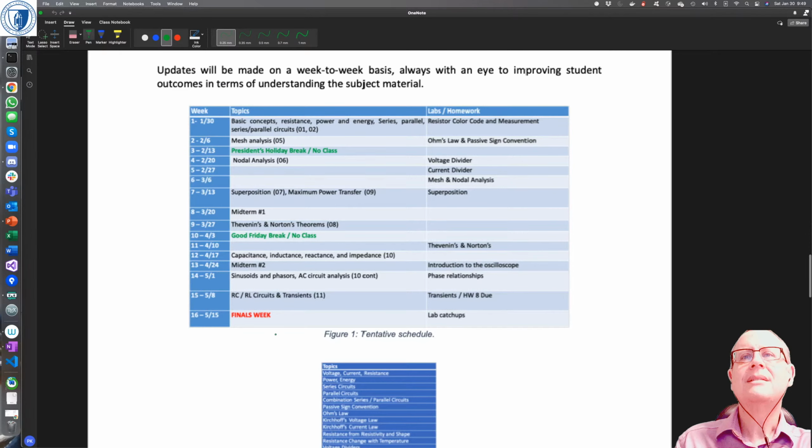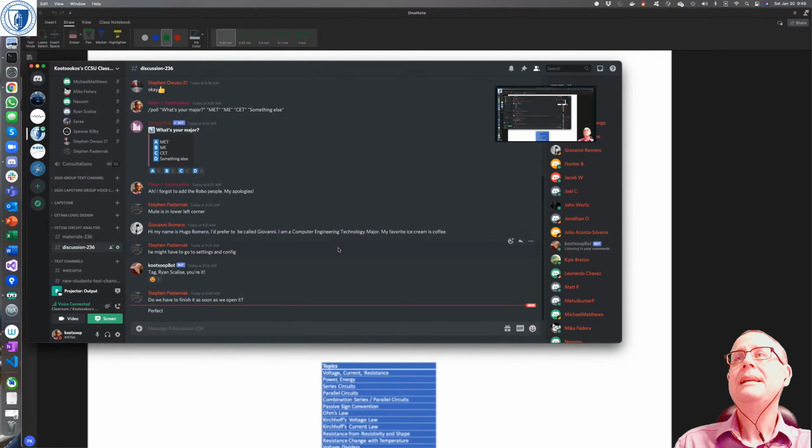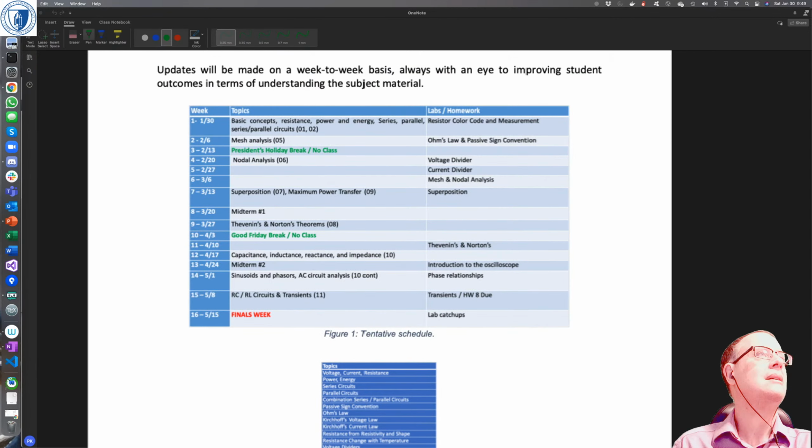That's the schedule. It tends to vary a little bit depending on what's happening, but we'll see how we go. I think it's probably okay, but like I said, we'll see how we go. Okay, any questions so far? I haven't talked about anything to do with circuit analysis, and we're nearly an hour in. Oh well.